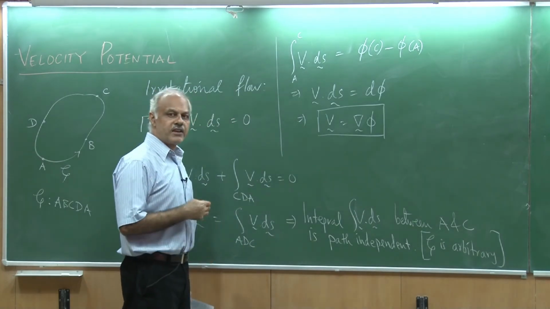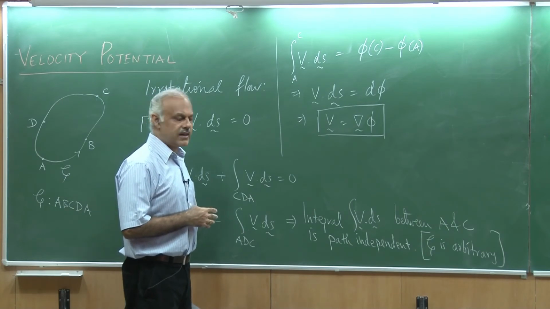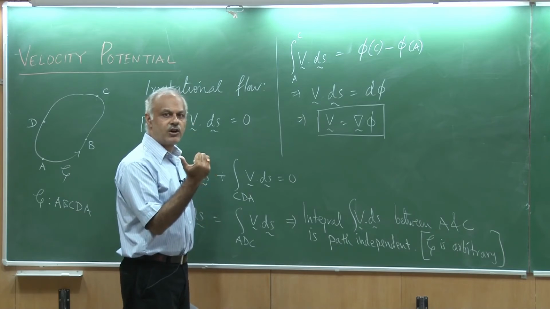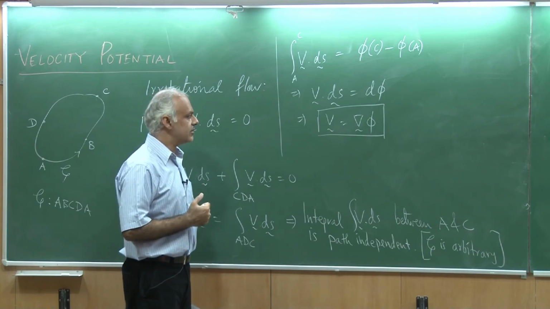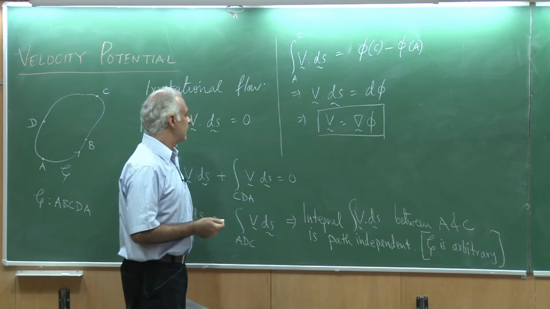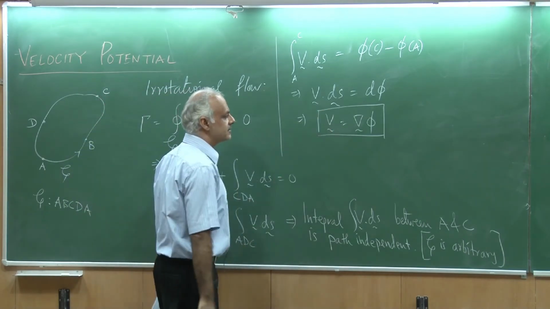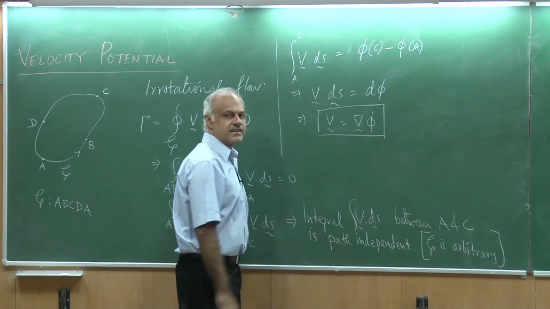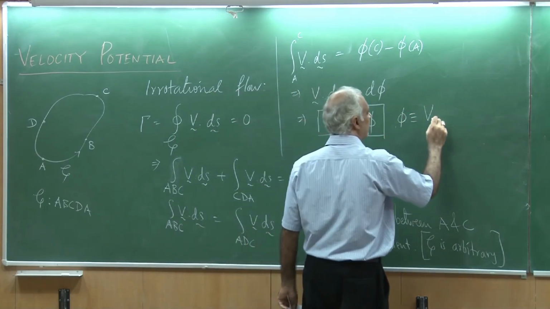Okay. So, what we have shown is that if I have an irrotational flow, and the irrotationality, let me recall for you, was that each element is not spinning about its individual axis. Okay, the rate of rotation is 0, and that we were able to relate to circulation. So, for circulation being 0, we are now able to show that this implies velocity can be expressed as a gradient of a scalar function. This phi is known as velocity potential.